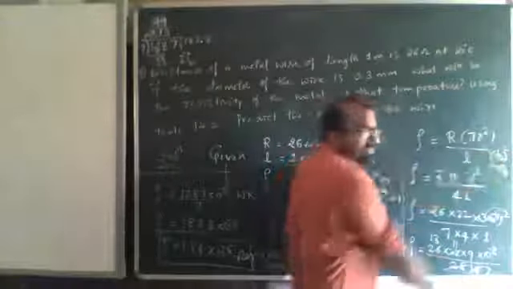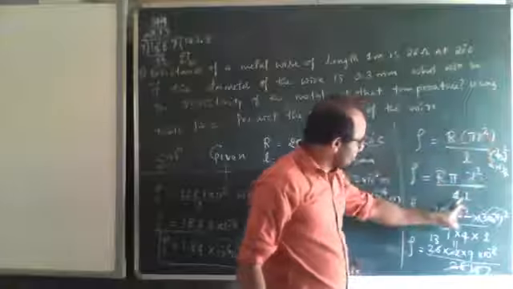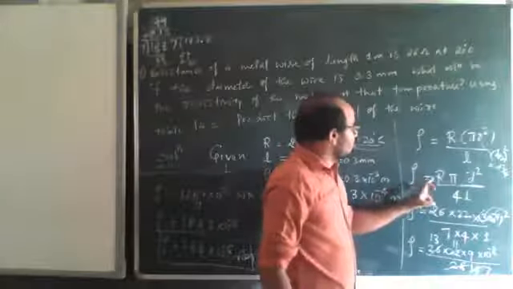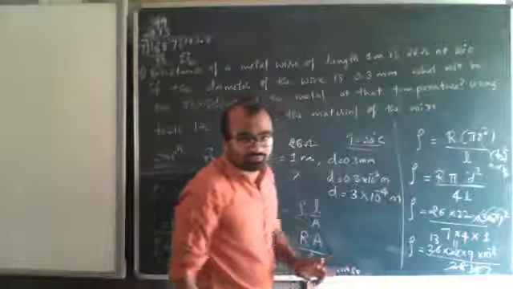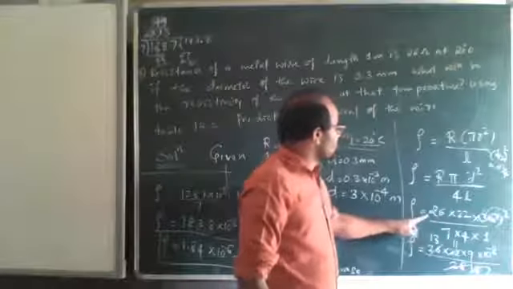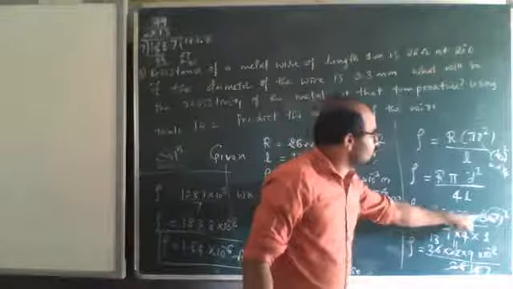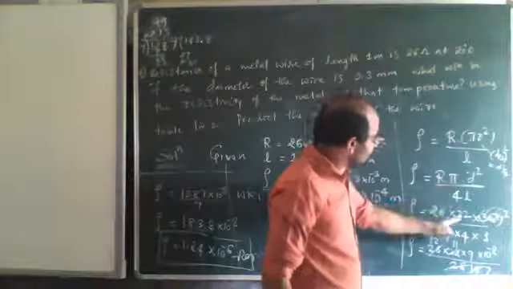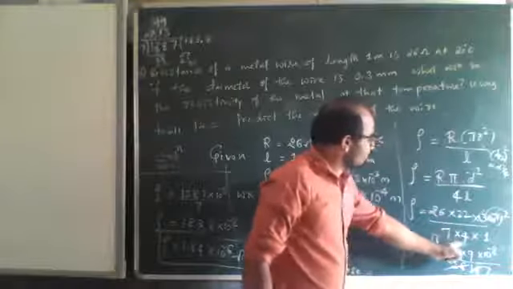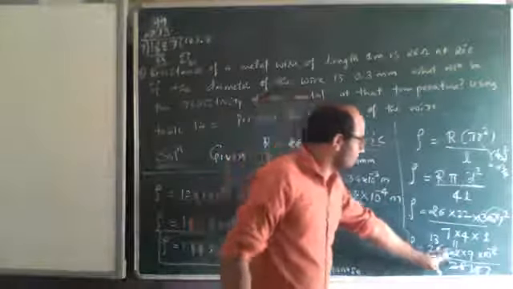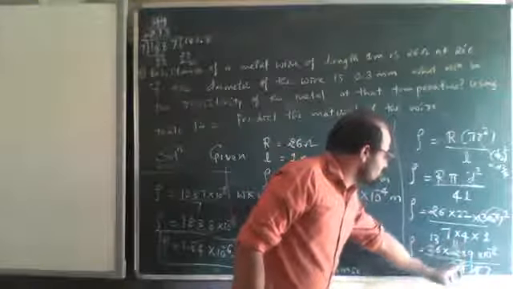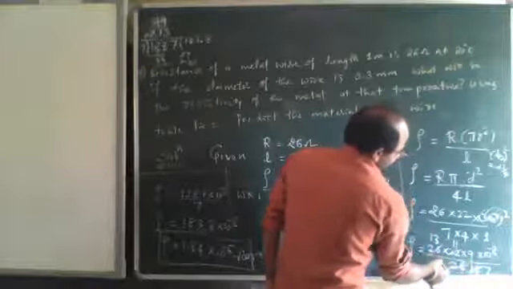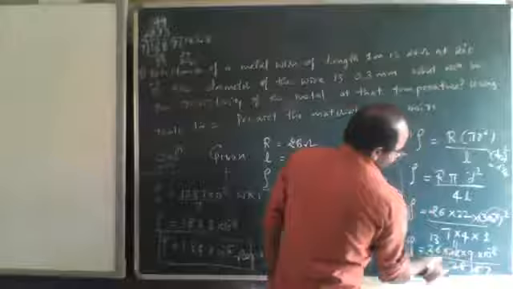So don't write this, just I am explaining this one. So it will become D square by 4 again. R pi D square by 4, L is already there. So rho into R pi D square by 4L. Okay. So next rho equal to 26 into 22 into 3 into 10 to the power minus 4 whole square, that is R pi D square. So 7 is there, 4 into 1. So if you take 26, 22, 9, 10 to the power minus 8, it is 7 4s are 28. So now cancelling,